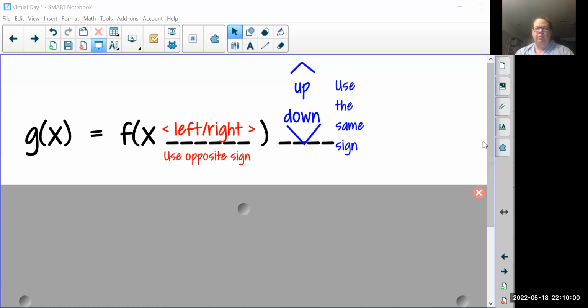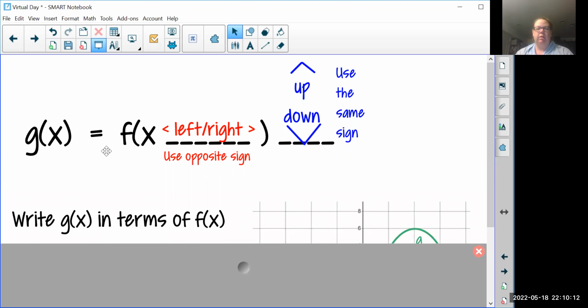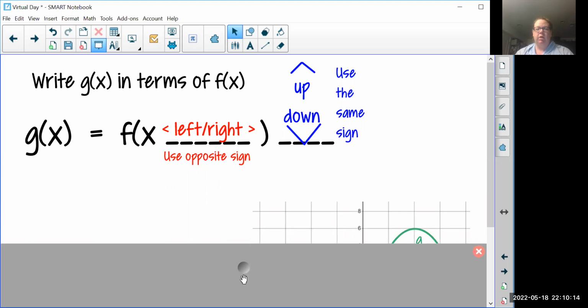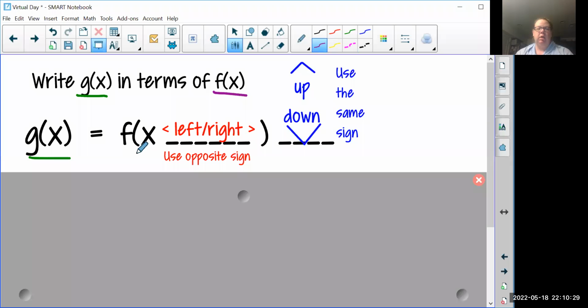Okay, so if you've been confused, I'm going to do a short synopsis of everything we've learned since Monday. Whenever it says write G in terms of X, this is what you're going to do. Whenever it says G of X in terms of F of X, G of X is the first thing we write. So whatever is written here goes first, and then F of X is the